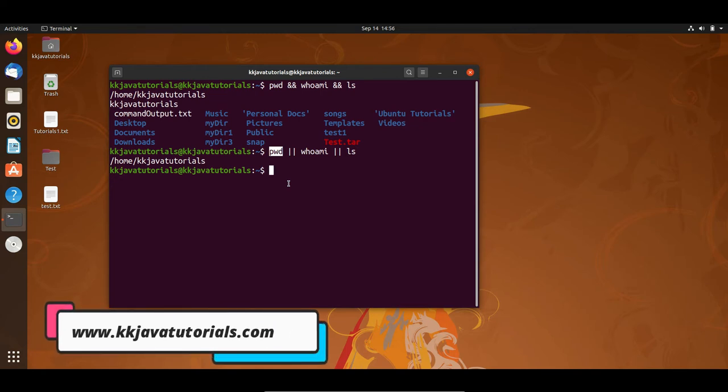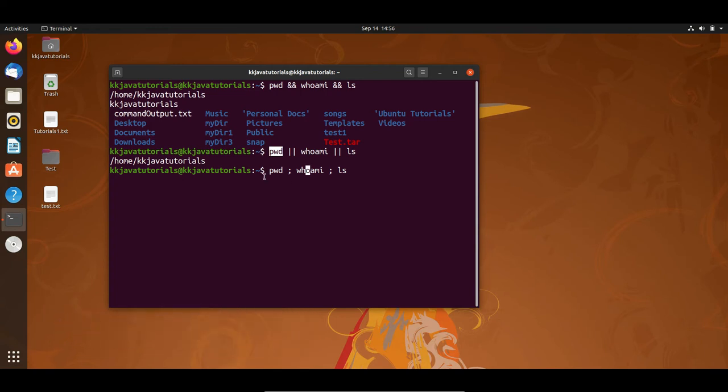First of all, let's start again from the semicolon. Let's say we combine more than one command with a semicolon, and one of the commands is wrong. Here I am giving a capital W. As you know, all commands in Linux are case sensitive, so if I write whoami and give W as a capital, that means this command does not exist.